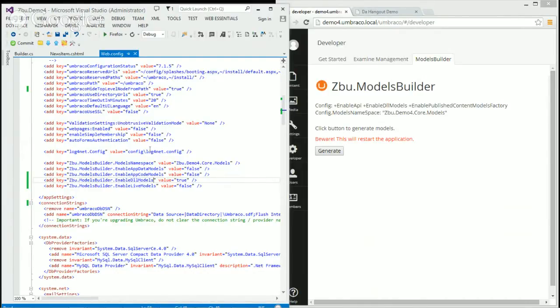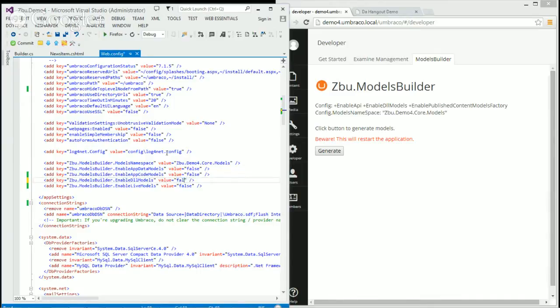So I personally think it's a bit dangerous, or maybe that's not what you want to do. But some people say, no, we're fine. Our developers would like it because they just changed one minor property, and it's better to have Umbraco restart than to have them forget to update the model, and then they would not understand what's happening. It's there. People can use it. Personal preference. So you have DLL models, live models, which goes with APP code or DLL, because you can also have live APP code models. So anytime you change something, we regenerate the APP code files.